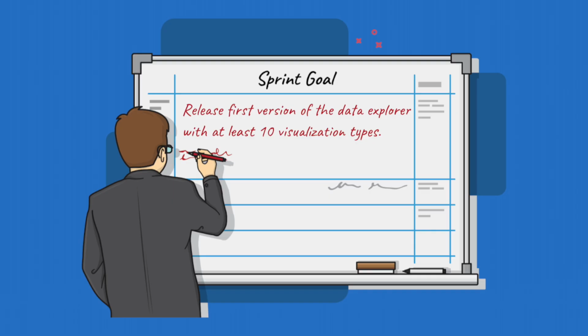A sprint goal is not necessarily a product backlog item itself. Instead, we mean goals based on completing a set of related product backlog items. And at this early point in the sprint planning meeting, the sprint goal is only a draft. As the meeting progresses, the draft sprint goal can be refined, especially if it turns out to be too ambitious.